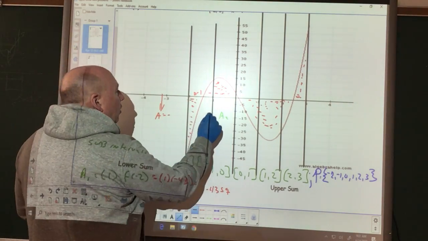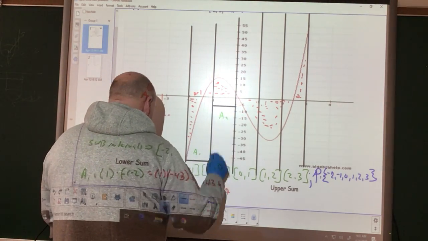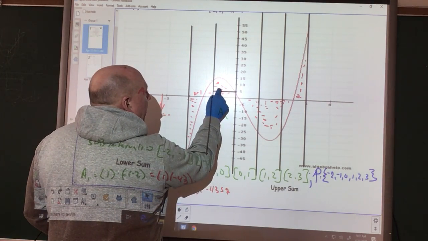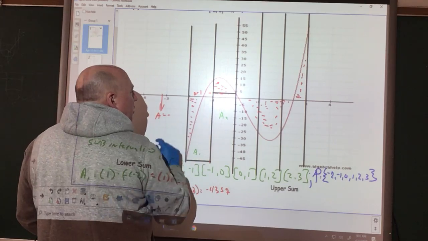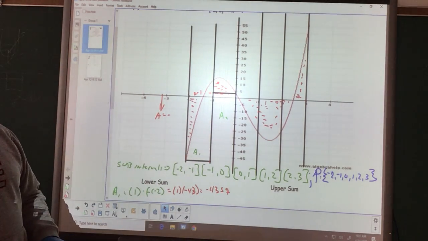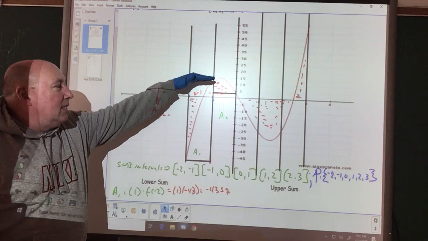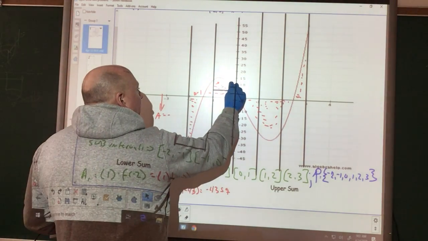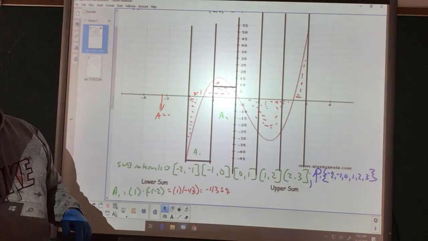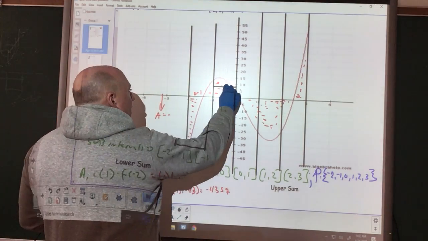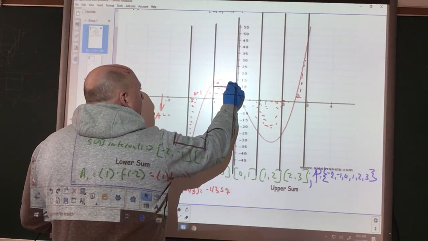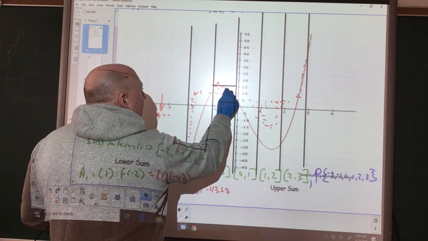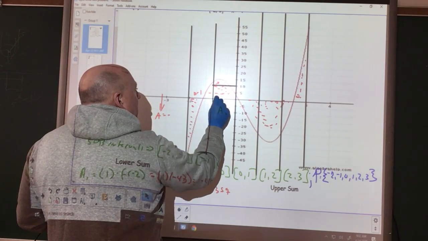So if I take a look, I need to move this so it's entirely below the graph of the function, which is right there. Once again, I need to stay entirely below the graph of the function. If I drew it here, I wouldn't be entirely below the graph of the function. If I drew it here, whoopsie. If I drew it here, I wouldn't be entirely below the graph. But if I drew it,